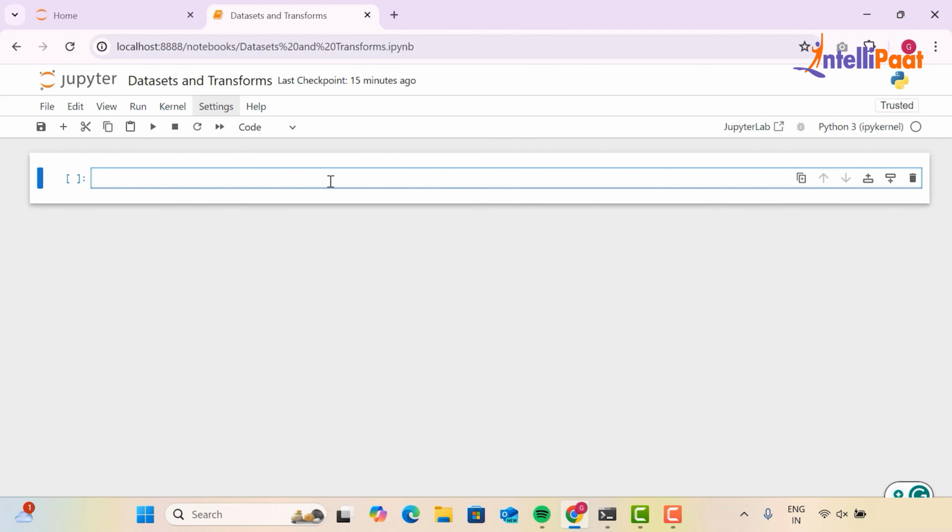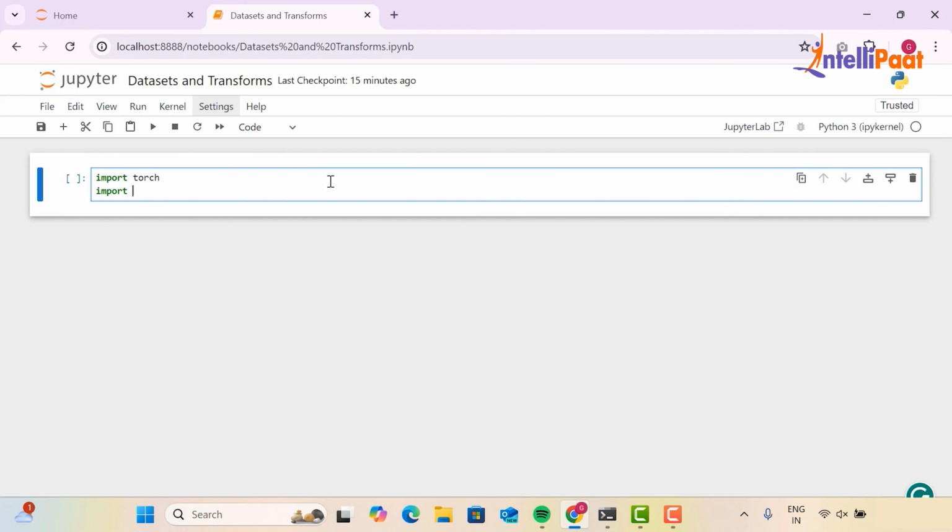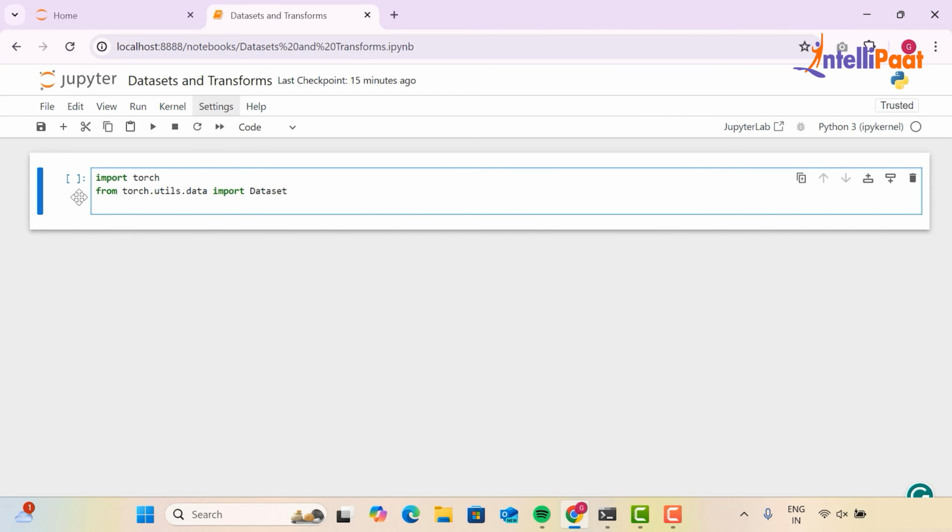So the first step would be to import all the libraries. We'll begin by importing libraries like torch. We'll also import our dataset, which is done by using torch.utils.data. Okay, we'll directly do it from there, and then we'll import Dataset. Make sure the D is capital for Dataset.